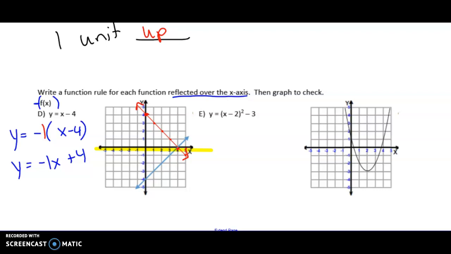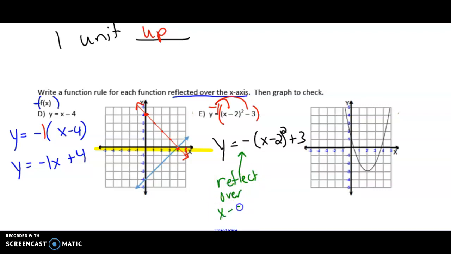And then when you distribute that negative, you want to put it through to the x squared and through to the negative 3. Again, think of it as negative 1. Go ahead and pause and I'll pop the answer up there. All right, if I distribute that negative, it's going to be y equals negative x minus 2 squared plus 3. So we have kind of 3 things we need to do. 1, reflect over the x-axis when we graph this. Another one, we need to add 2 to the right, so 2 right, and up 3. All right, so if I reflected it, that's what it should look like. And notice they all